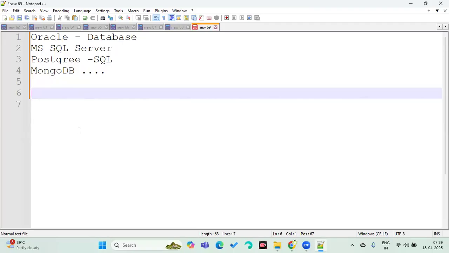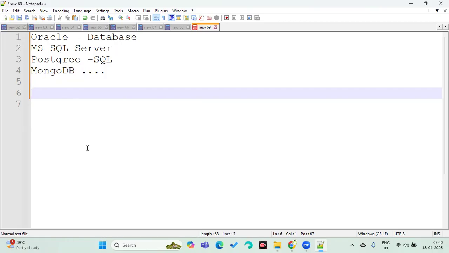So it's clear to everybody what a database is and why we require a database for the clients. A database is used to maintain the data in proper format. When you want to maintain the data in proper format, we require a database. Is that clear to everybody? All right.